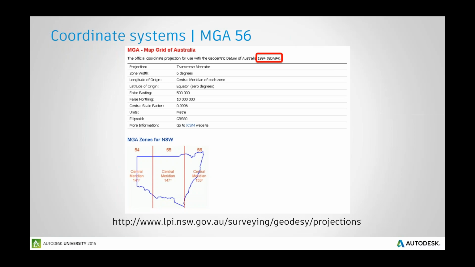And down the bottom here, you'll see the zone that I'm working in is the 56 zone along the east coast of Australia. If you want to know more about how to work with this data, how to bring it into your other applications, or find out just what all this means, because there's several different versions of the Map Grid of Australia for this region,